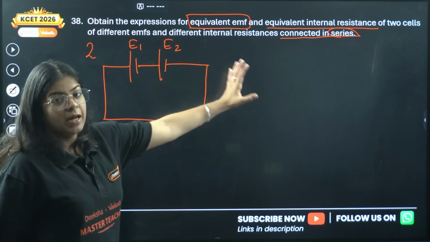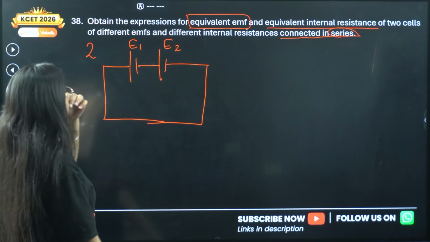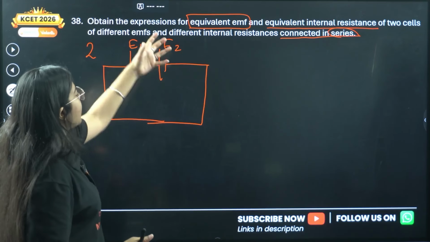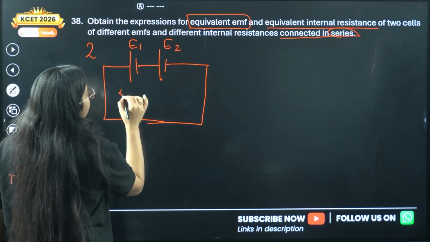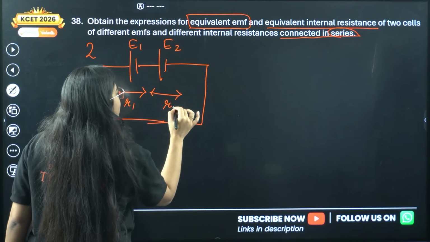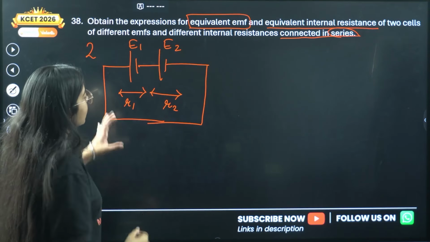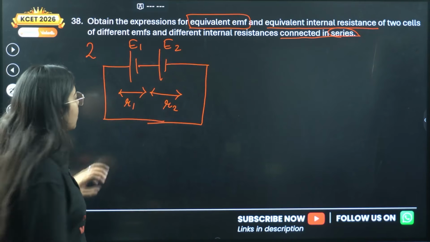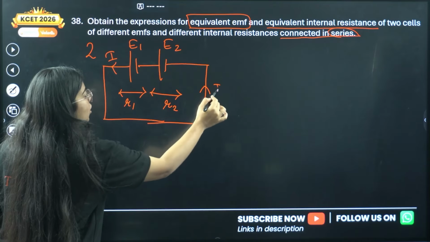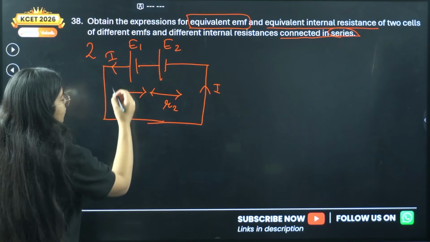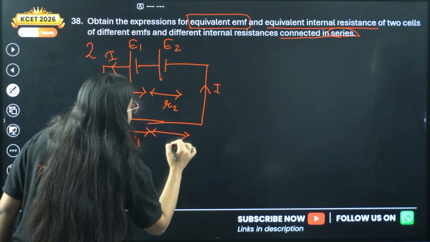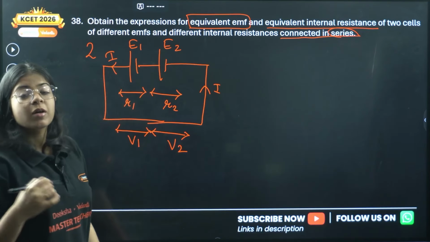Also you have to write again. Consider two cells connected in series. The first has EMF as E1, second has EMF as E2. The first has internal resistance as R1, the second has internal resistance as R2. Now since this is a series connection, current will remain same. Correct? Current will remain same in the whole circuit, but the voltage will be different. Across first, the voltage will be V1, and across second, the voltage will be V2, because we know in series